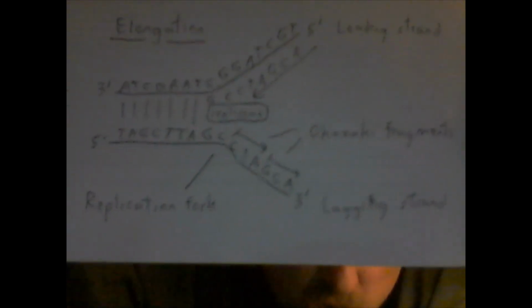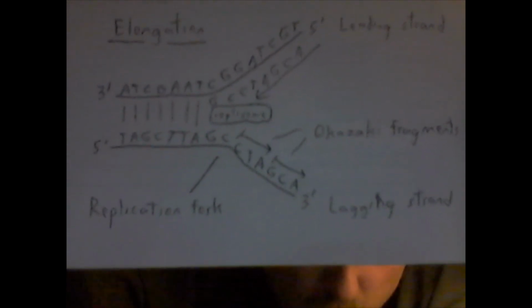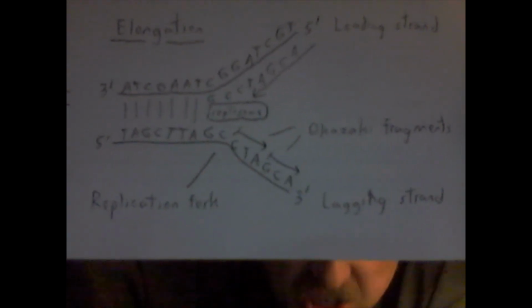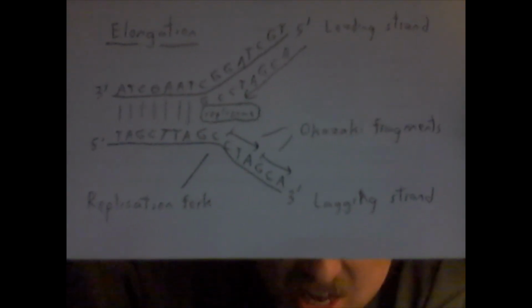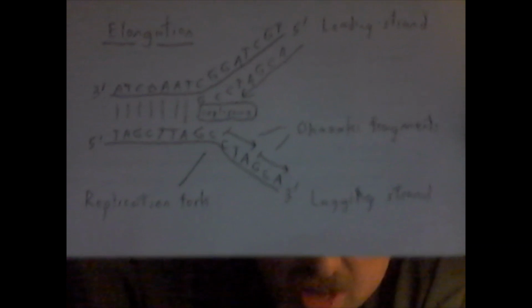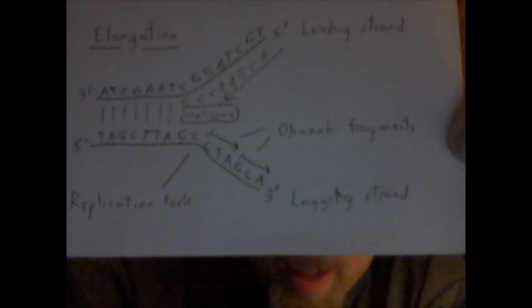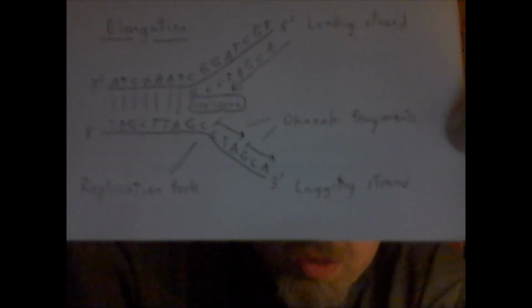Now, here I got for you a diagram of elongation. This is meant to show what's happening on one side of the molecule and one side of the molecule only. Everything that I'm showing you is happening in mirror image on the other side. Now remember, we've got 2 strands of DNA. In this diagram, the uppermost strand is the one that is oriented 5' to 3'. Remember, one of the strands is 5' to 3'. The other one is reversed, flipped the other way, 3' to 5'